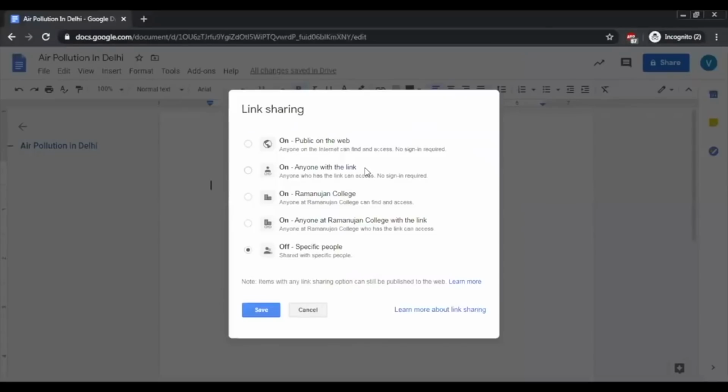So you should be very clear on what are the things you are sharing with the public. Like a flyer or a brochure for a program can be shared publicly on the web. Similarly, anyone with the link: if I have to share a common syllabus with my students who want to see the syllabus,